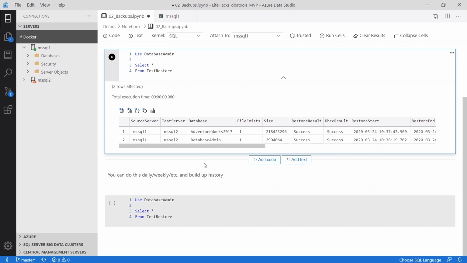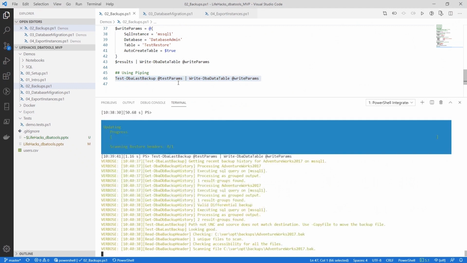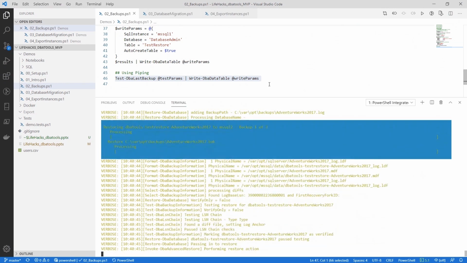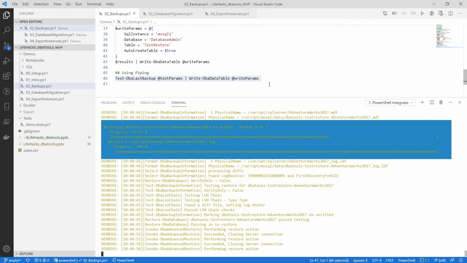So if I go back to Visual Studio Code, you can also use piping. So I can do Test-DbaLastBackup with those parameters from before, and then Write-DbaDataTable. And this is going to do exactly the same as before, right? I'm testing those backups on my second server and then immediately writing the results to Write-DbaDataTable. So with just a couple lines of code, and really it could be 1 line if you wanted one really long line, you can test your backups on a second server and save the results to a table for analysis